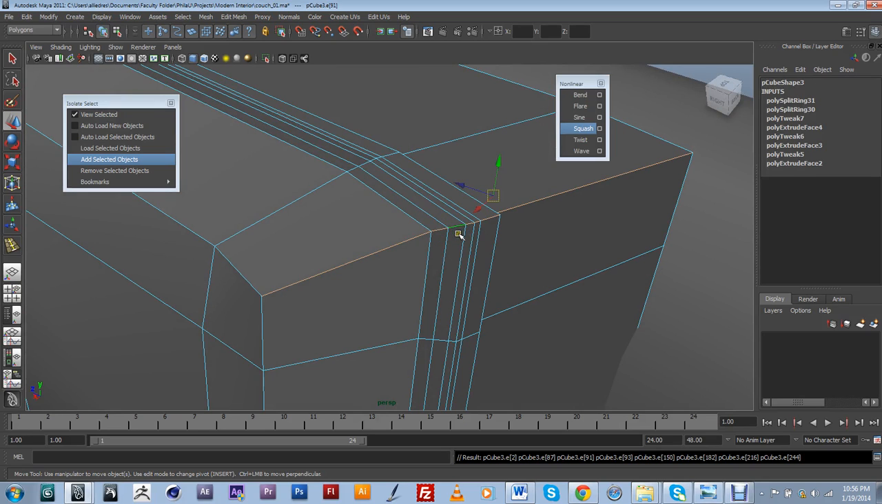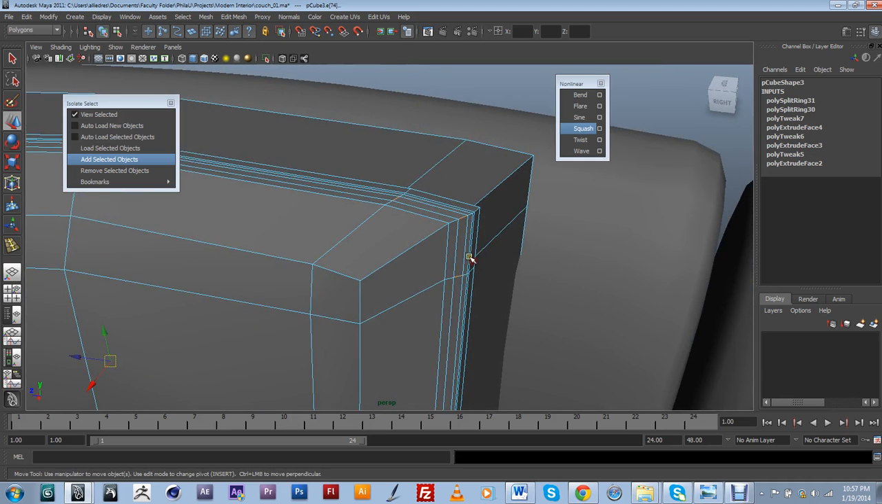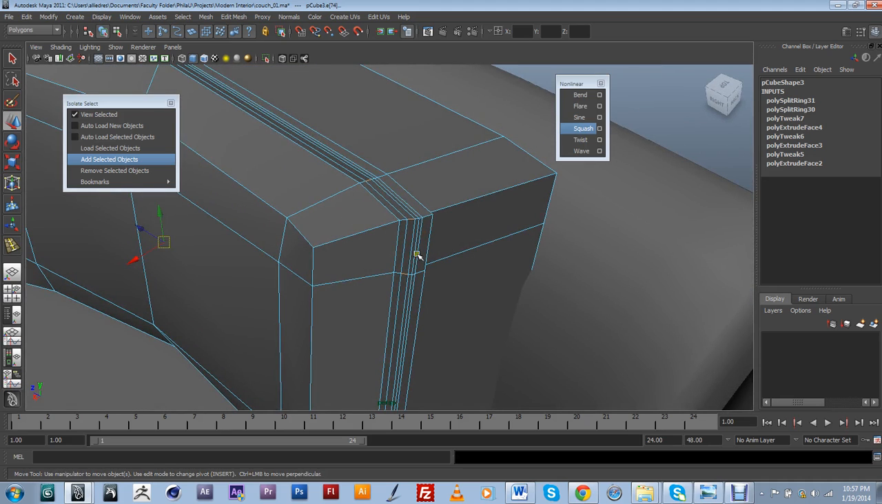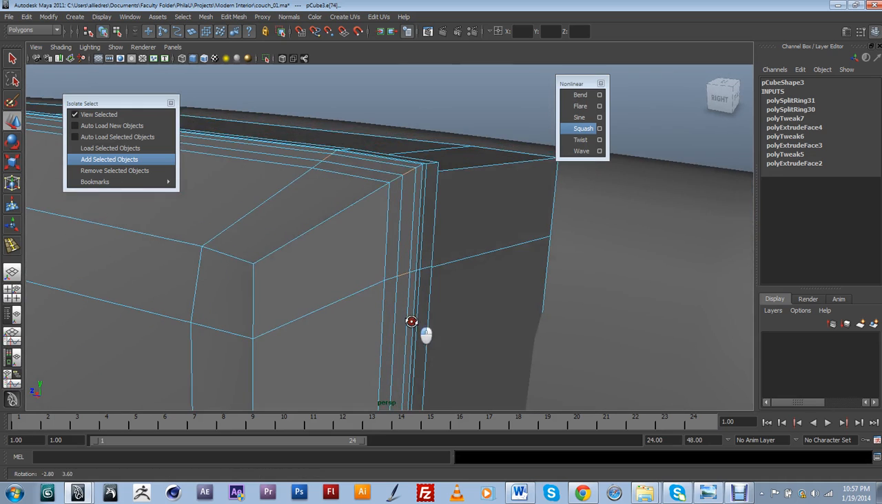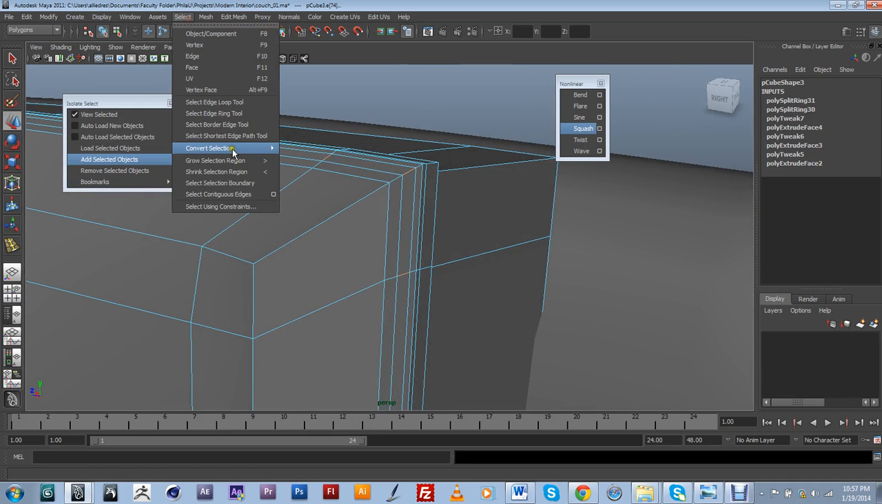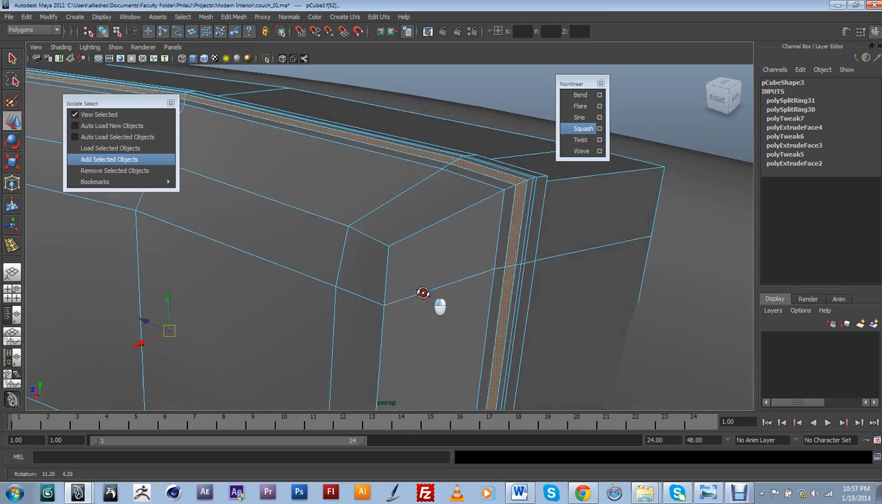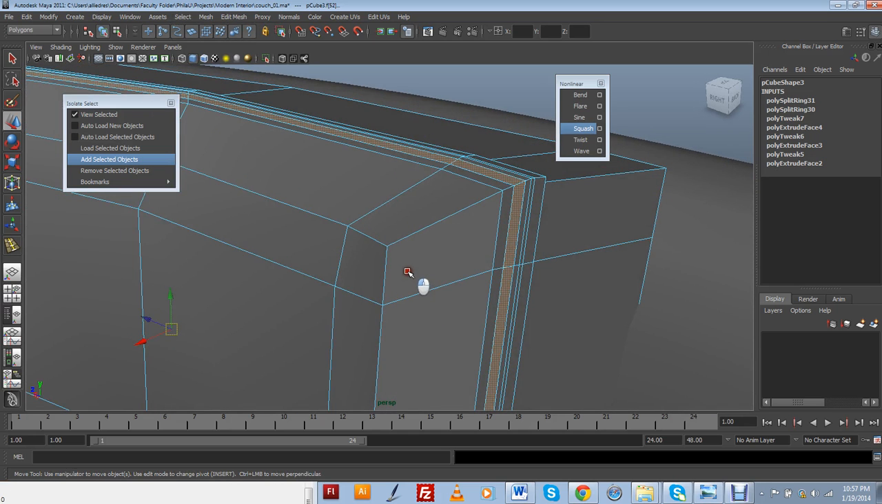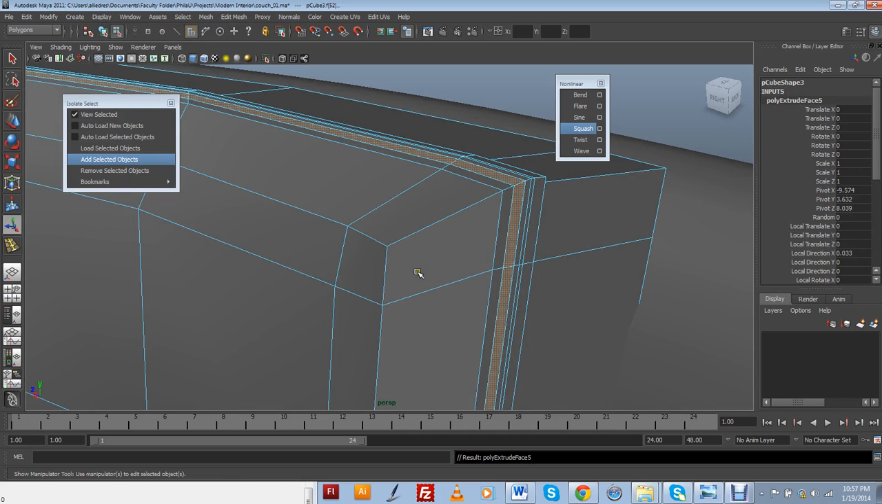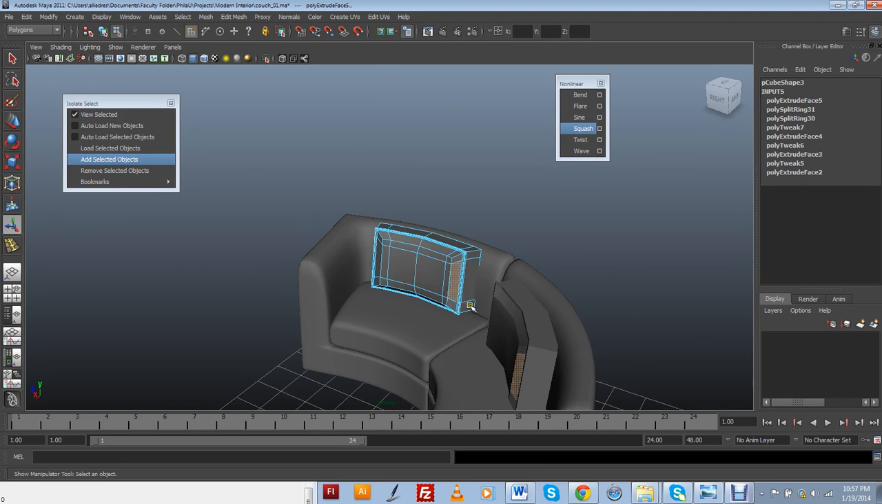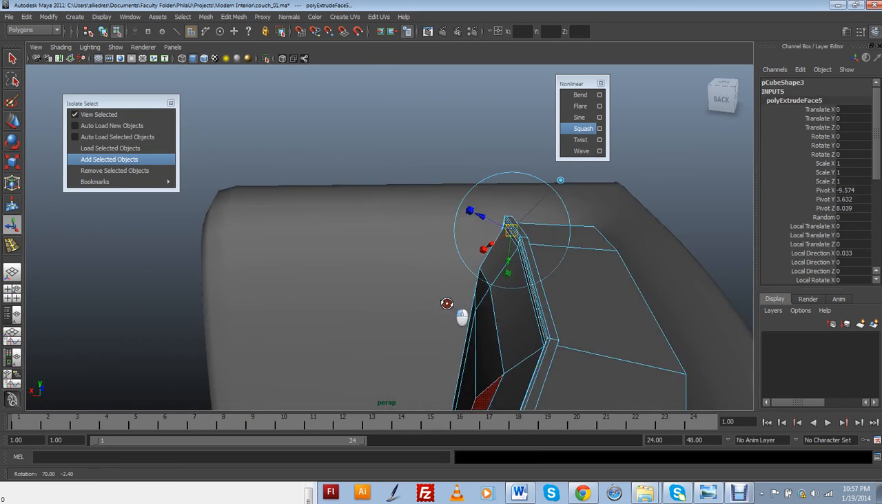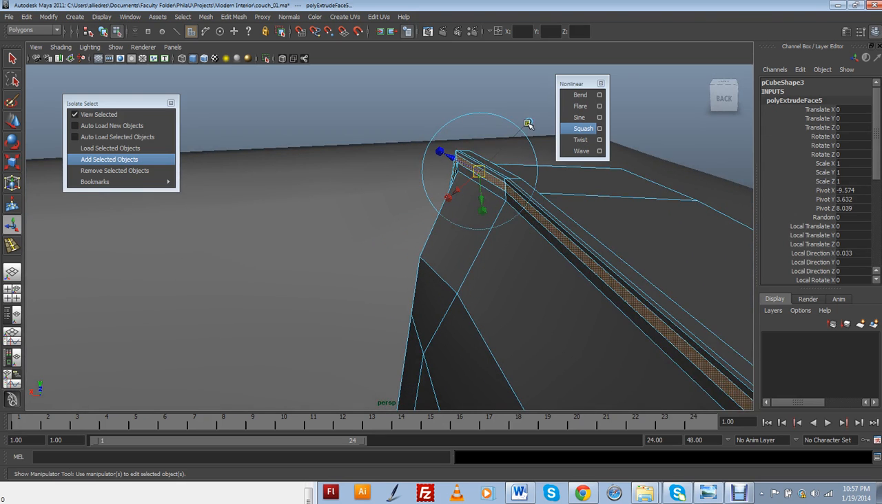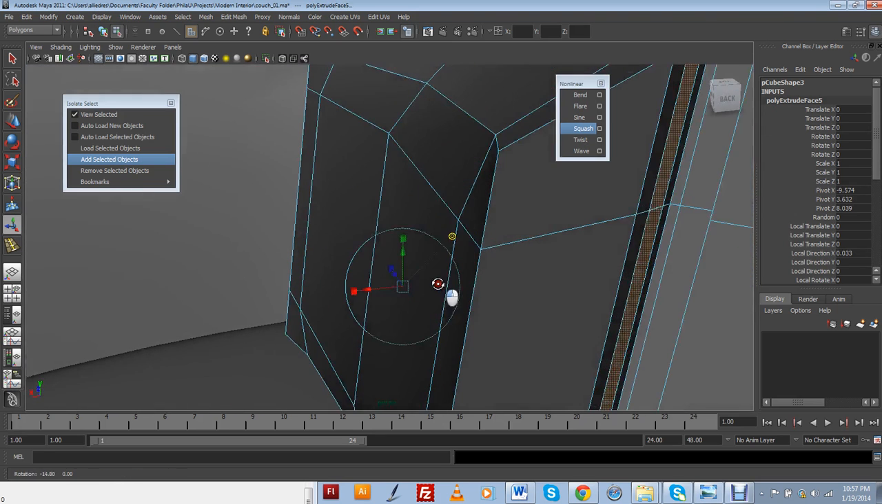The last thing I'm going to do is actually I'm going to go ahead and create a little bit of another extrusion here, again just to kind of emphasize the seam part. So select, convert to faces, and then I want to go ahead and extrude, and we're going to extrude down. Like this,